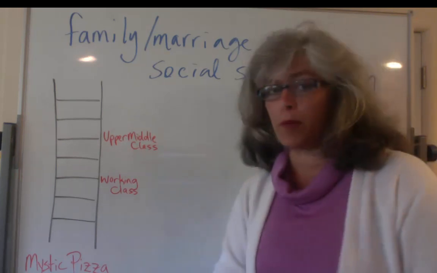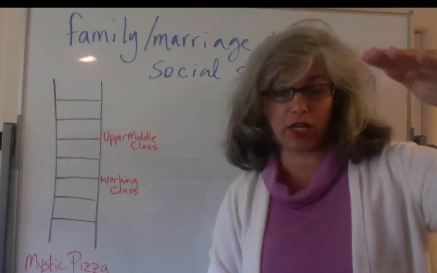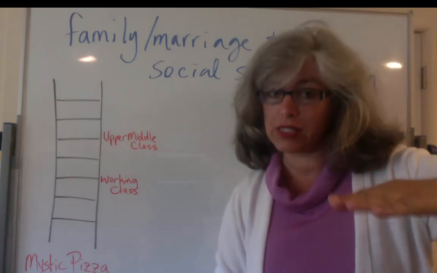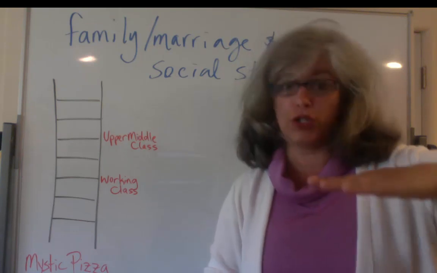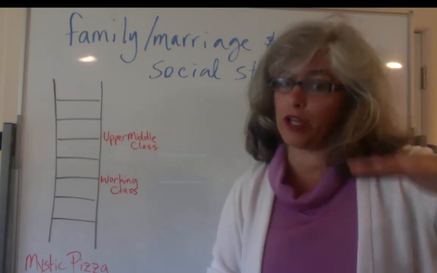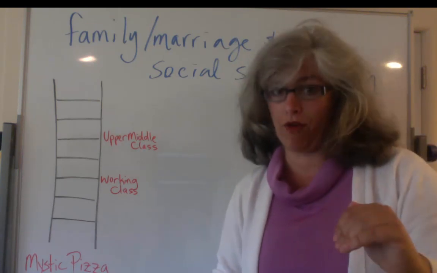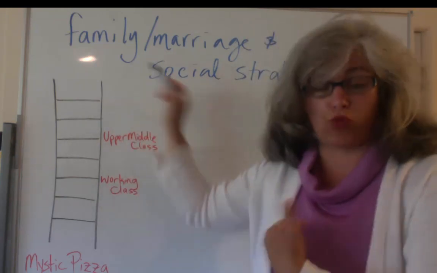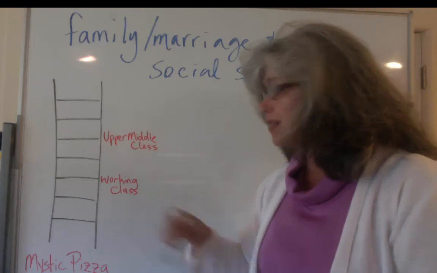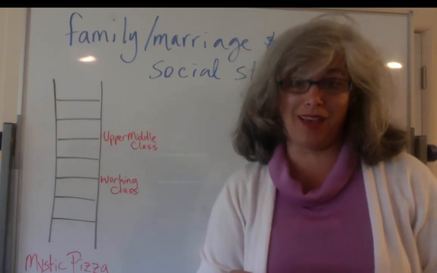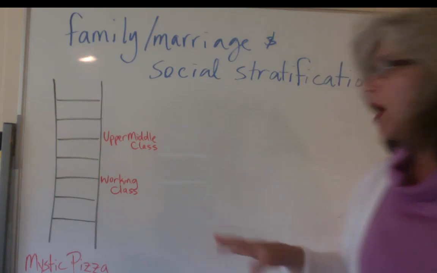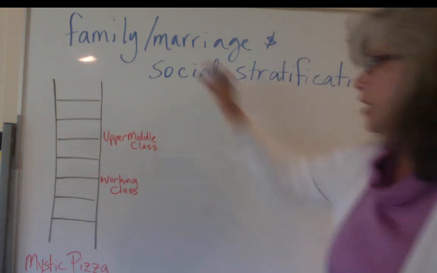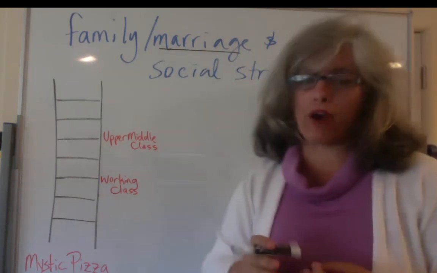Upper middle class people have a certain level of education, and that certain level of education allows them to have certain occupations that they are qualified to engage in, and those occupations have a different income level. And that's why we have these differences in any of these rungs on this ladder, because of the combination of those achieved statuses. So I want to look in particular today about how marriage and the way marriage occurs in